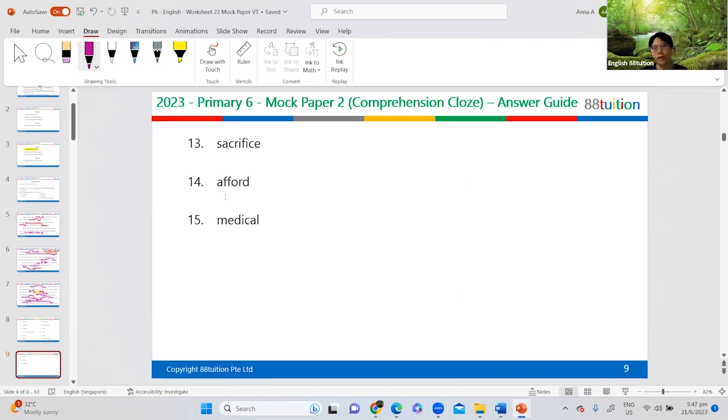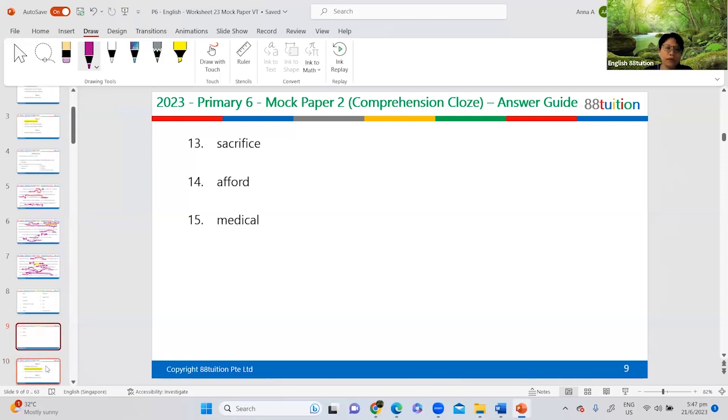Your spelling, people. If you spell wrongly, you know it's 0. You have to be very careful with your spelling. Just want to know, I'm just curious. Anybody with 10 and above? If you can get 10 and above, that's very good, right? Great. You keep it up. Okay, Ken, let's move on.